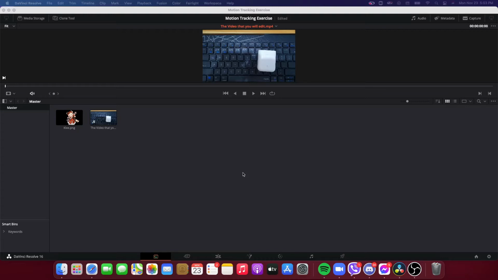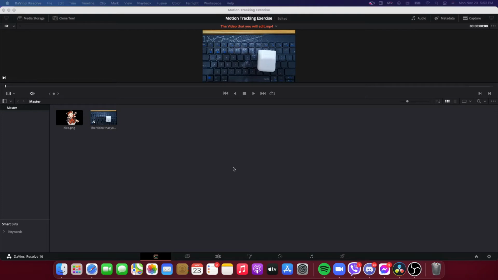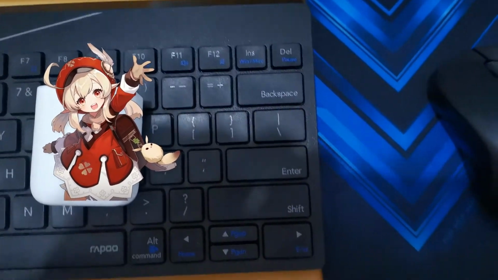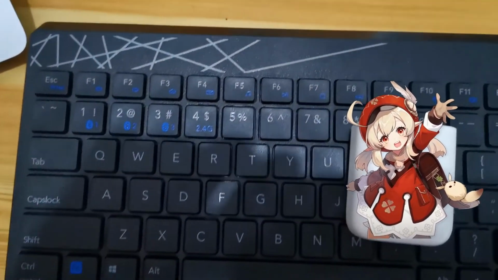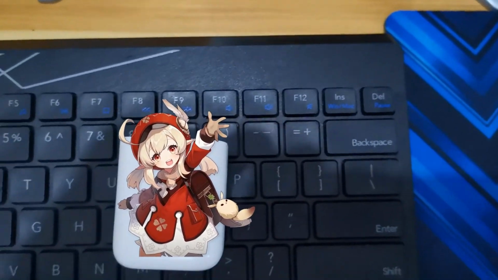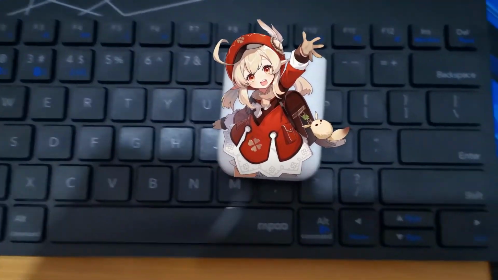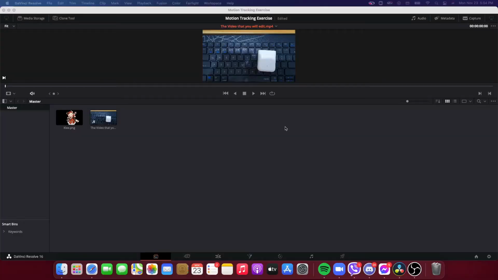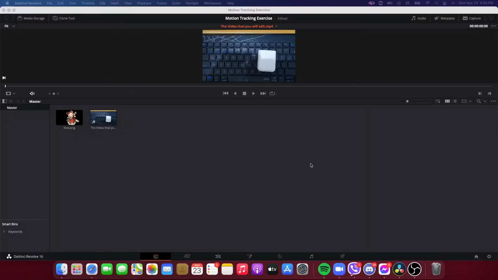is a way for you to make an object, a text, follow another object or a text. Like for example, if you want this picture to be following this Bluetooth headset, you can do motion tracking to track the movement of this object. This is also applicable if you want to cover up faces of moving people. You can simply do motion tracking to track their faces and then cover them with another picture, PNG, or